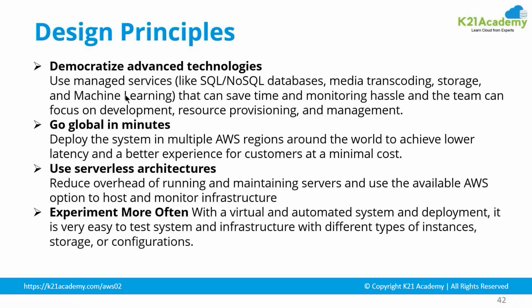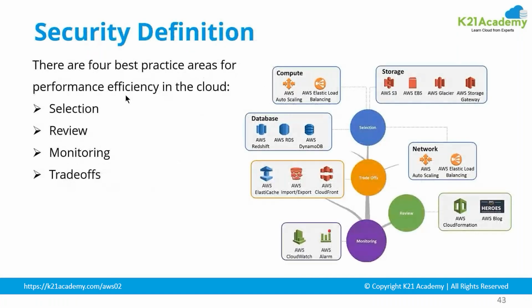So try to deploy your infrastructure or your workload so that even if you are required to go global, there should not be any major architectural change required. So you should keep it in mind. So again, the same thing: go serverless, use auto scaling, try to use new services. That is what you need to think about. So this is what